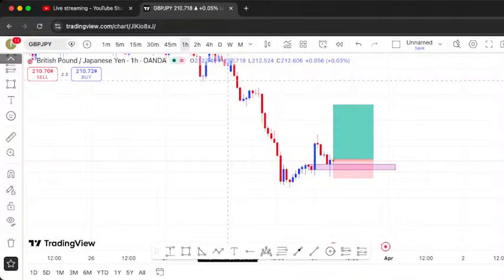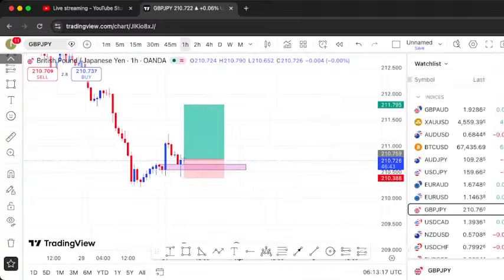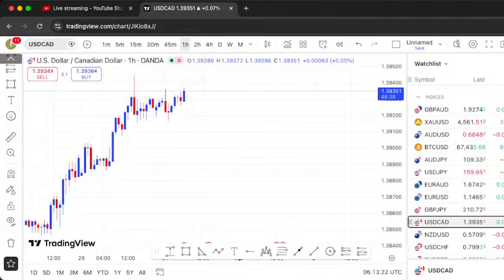Yes, the market has already picked those buy opportunities. Okay. So bullish momentum on GBP/JPY. Next,